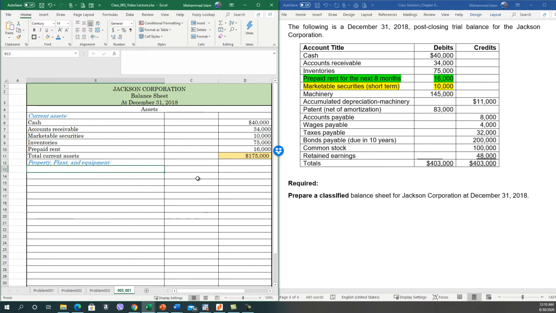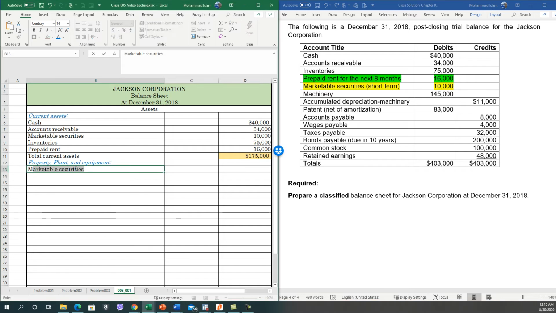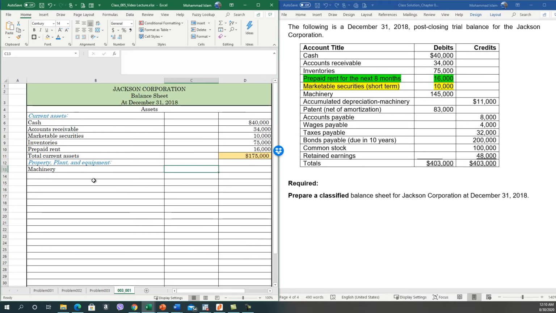Now we can see the machinery, and there is also depreciation on the machinery. Let's see machinery. This should be easy, and our machinery is